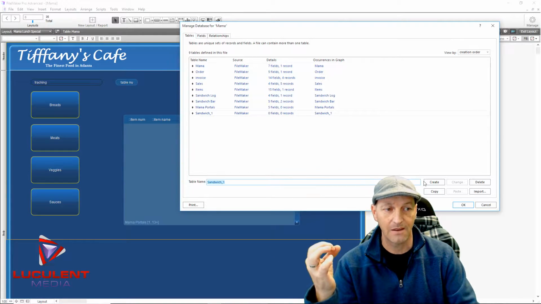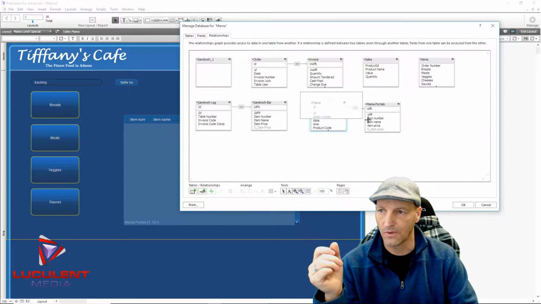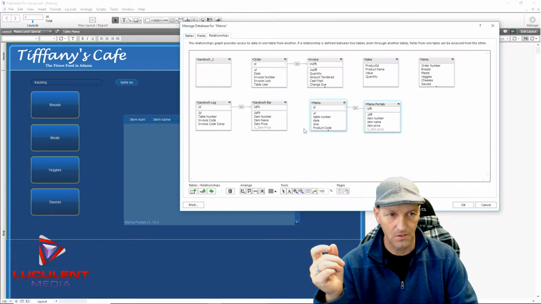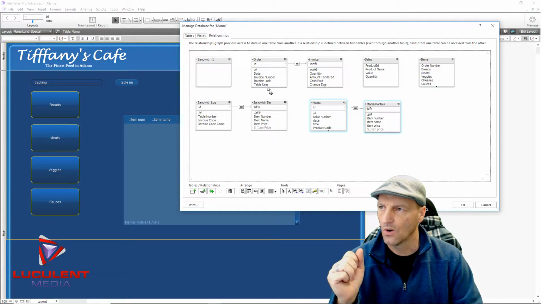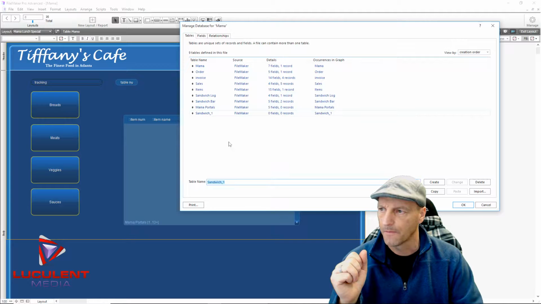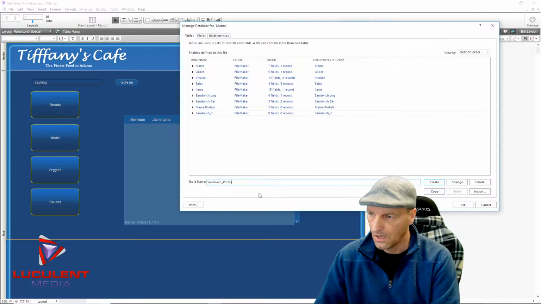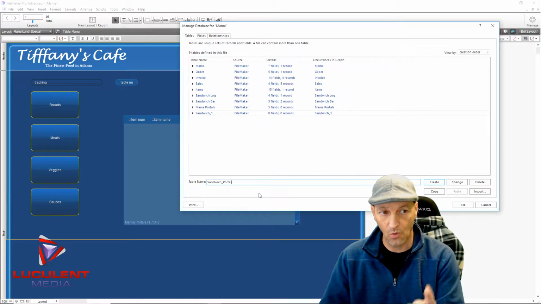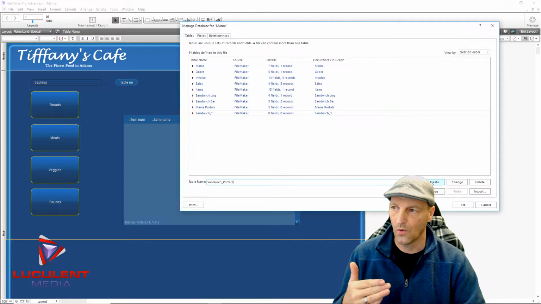If you look in our relationships, you see that we've got this Mama1 and Mama portal, so we need a portal to go with that. So in our sandwich 1 page, we're going to create sandwich, and then we'll say portal. And if you want to, you can _1 or just put 1,